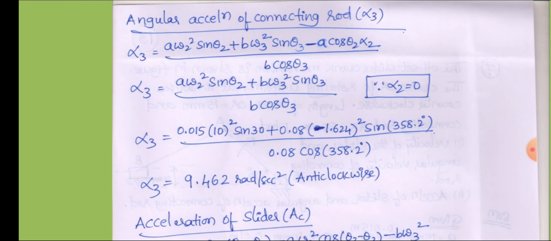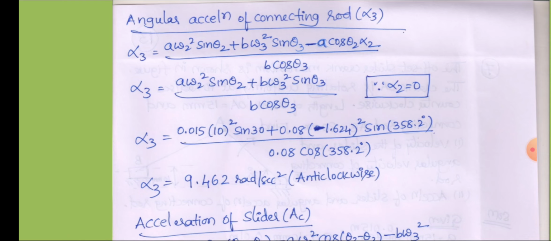In the accelerations, first angular acceleration of connecting rod, that is alpha 3. So once again here alpha 3 is equal to the formula, I wrote it in the numerator. You can see the alpha 2, so that it is going to cancel because alpha 2 is equal to 0. Thereby, after cancelling that term in the numerator, alpha 3, which is the angular acceleration of connecting rod, is equal to (a omega 2 square sine theta 2 plus b omega 3 square into sine theta 3) whole divided by